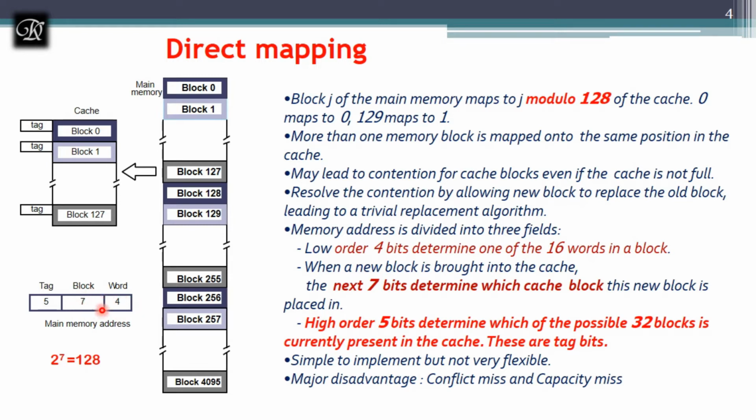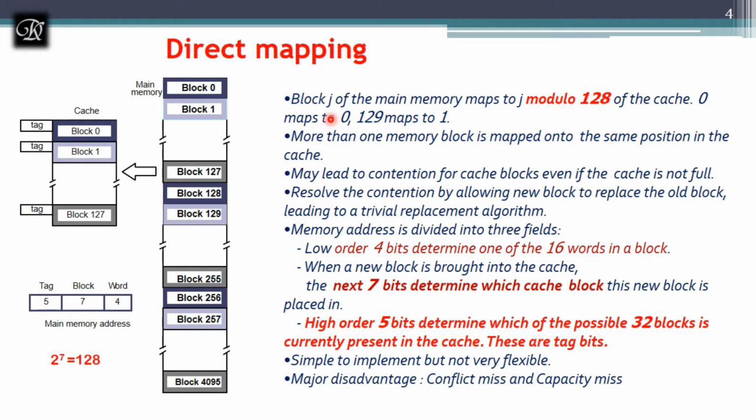Out of the remaining 12 bits, how many word lines am I having over here in the cache? I'm having a total of 128. How to get 128? 2 to the power of 7 will give me 128. To recognize each word line, which we may also call a block, we are going to require 7 bits. The remaining 5 bits will go to tag lines. So what is the use of these tag lines? What is the use of this block? All this we'll see now.